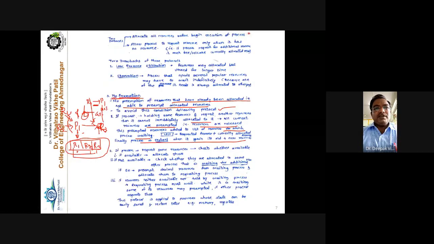This is the first way we prevent the no preemption condition, because R3 is a non-preemptable type of resource. If it is allocated to some other process, it will not be removed from that process. So what we have to do here is deallocate whatever resources are allocated to that particular process, and make a list.